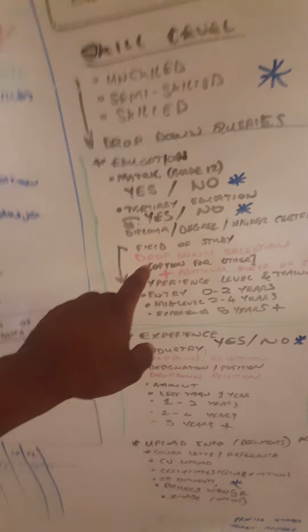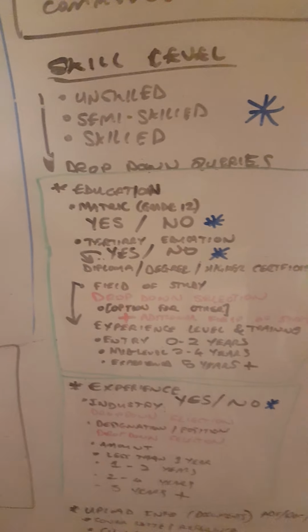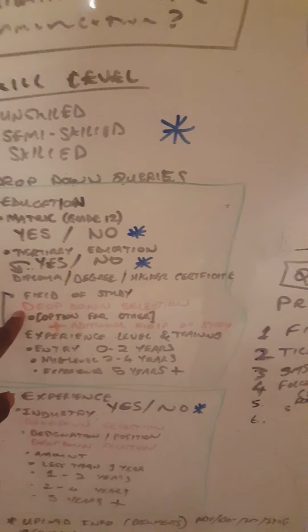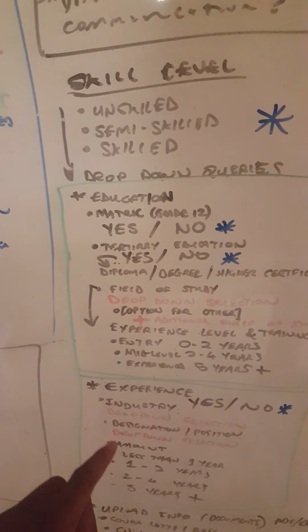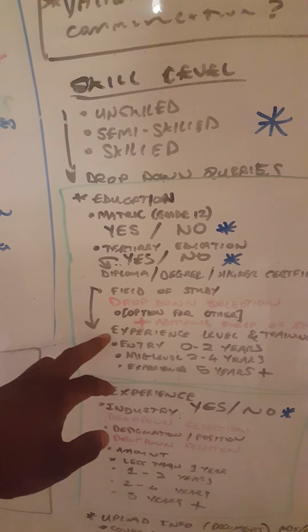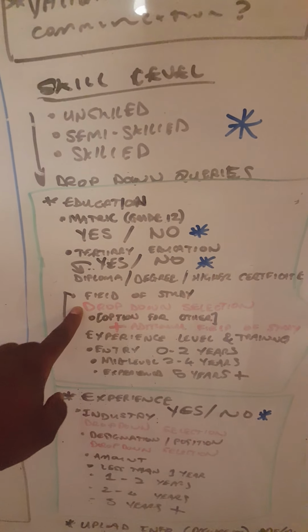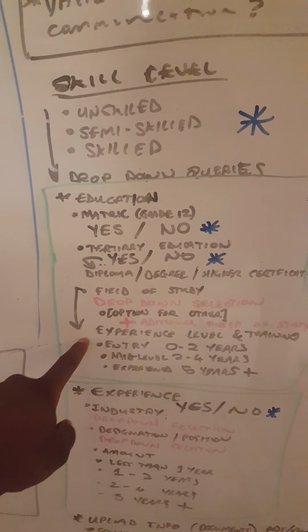Was it engineering? Was it working as a chef? Working in whatever the industry is. So a drop down with a selection, and then I'll give you the criteria of what I'd like as options for them to choose. And then once they've selected their field of study, they need to indicate their experience level